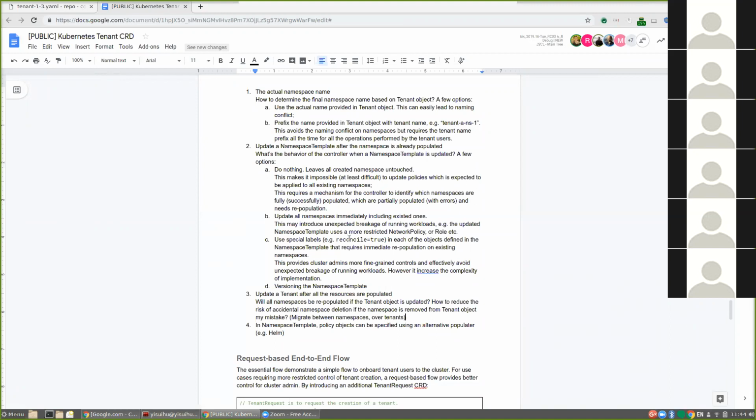one of the key aspects of the way the RBAC has been designed for this controller is that when you're creating a tenant,